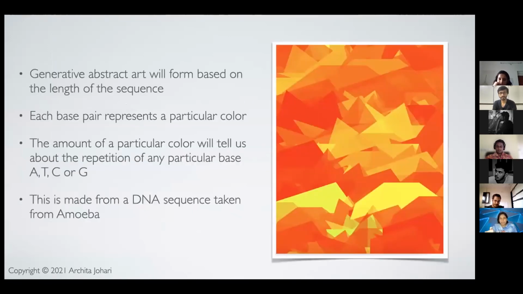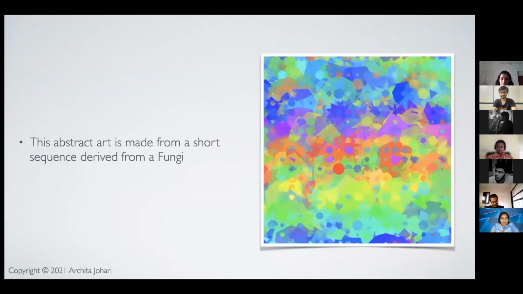This is a generative abstract art, and it is formed based on the length of the sequence, and each base pair is representing a particular color. So suppose C is red color, then if we can see a lot of red color, we can automatically know that there is a lot of cytosine in this sequence. So this is actually a small part of a gene of an amoeba. And this was a small part of fungal DNA,